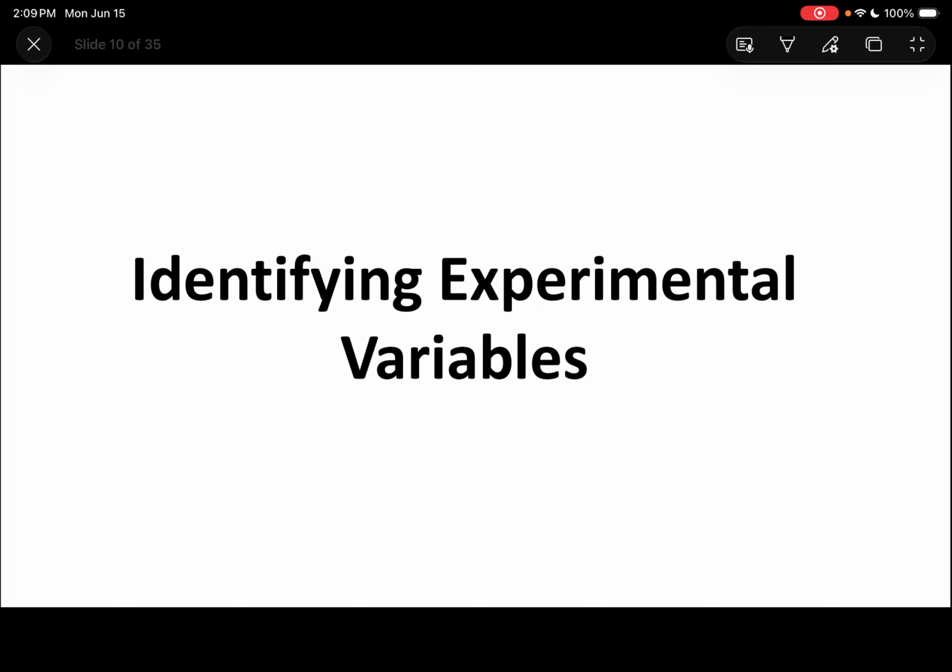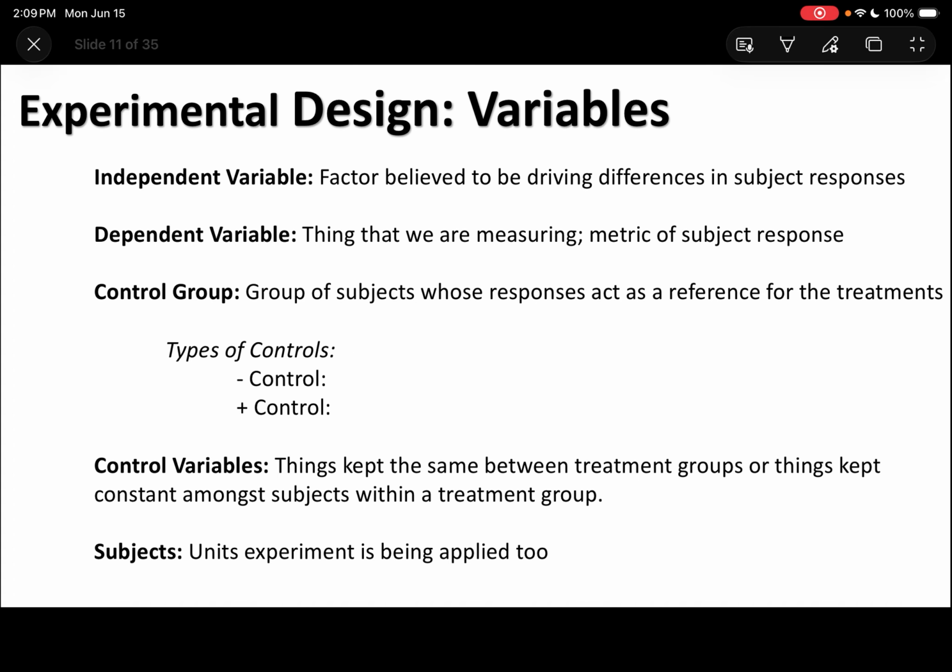All right, at this point, we've talked about the beginning of the scientific method where we initially start with our observation, and then that lends us to proposing some hypotheses, some possible explanations, and then the hypotheses allow us to make predictions within a given experiment of what outcomes we're going to expect. And then, of course, after we have the predictions in place, we're going to actually need to run the experiment. An important part of designing your experiment and then ultimately running it is identifying the experimental variables at play. So that's what we're going to do in this video, just talk about the different variables present within an